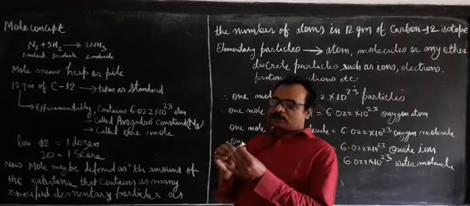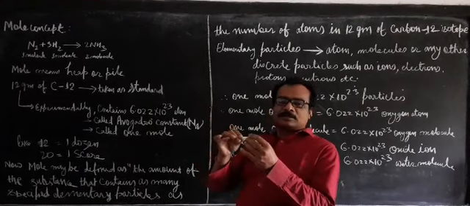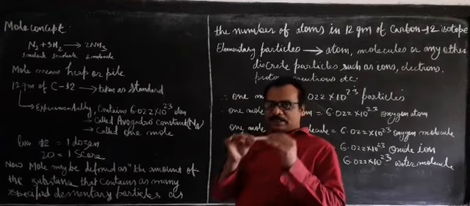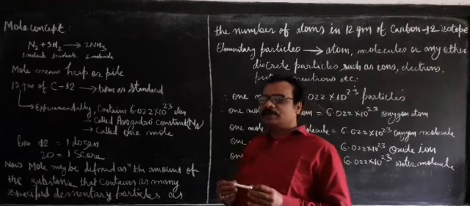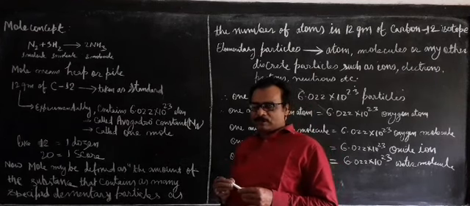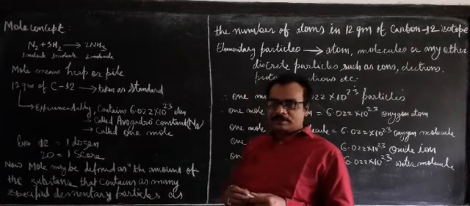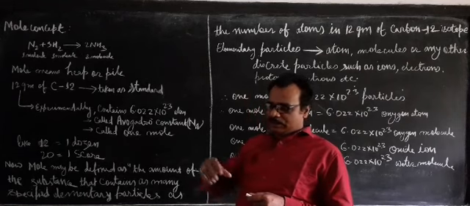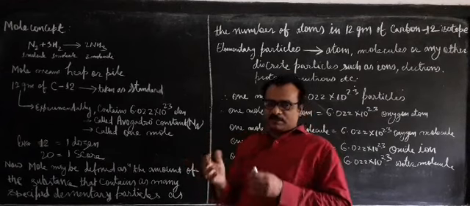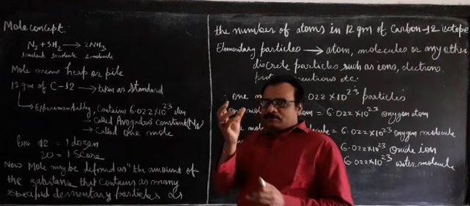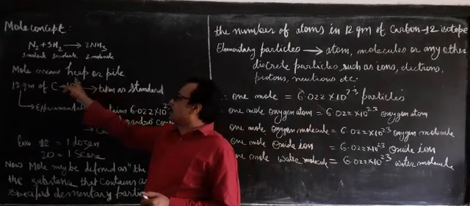Like this chalk is a collection of so many molecules, but when we crush it and make powder and then I ask you to count the number of particles available in it, it will be very difficult because the particles are very small. So instead, what we do is take approximately a heap or pile. That means when something gets collected together, we say it is a heap or pile. So mole means heap or pile.